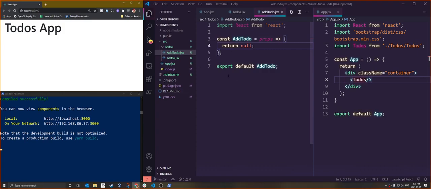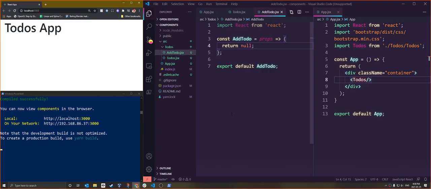So to define state, we need to do two things. One, we need to bring in the state hook, because we're going to use hooks in our React components. You can use classes and use state in classes if you wanted to, but we're going to learn React using hooks and using hook components. So the first thing we need to do is bring in the state module from React. Then we need to define a state variable. And then once we have defined a state variable, we need to define a state function that will allow it